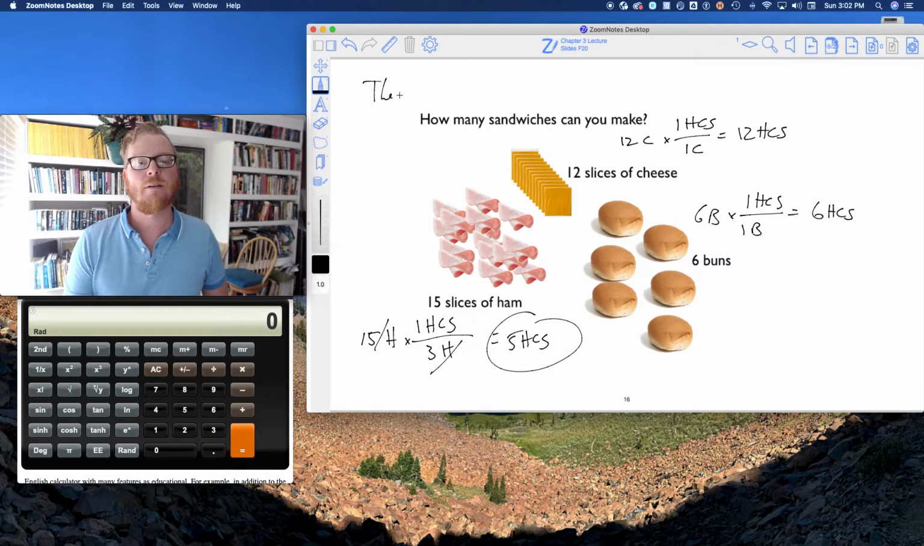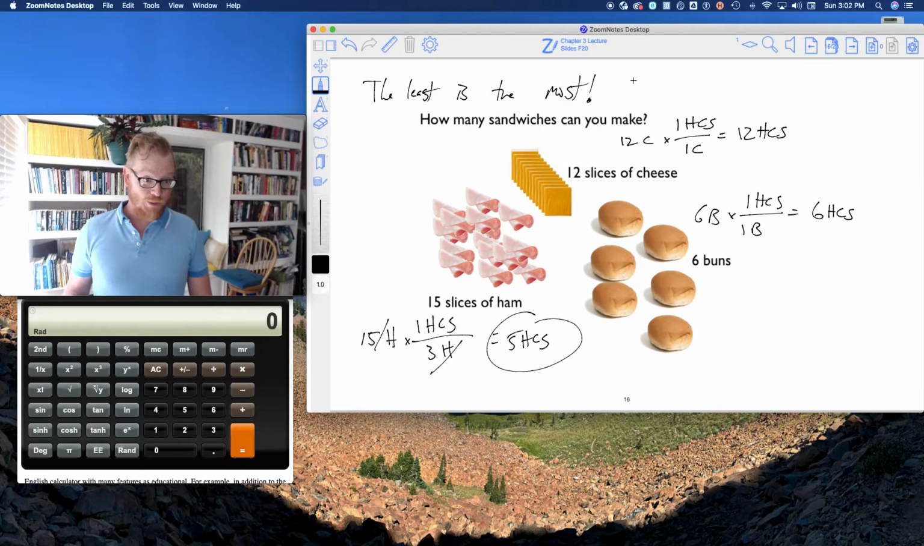Because the least is the most. I know that makes no sense, but I want you to think about that in terms of limiting reagents, right? The least number of reagents results in the most number of reactions that can go, okay? Or in this ham and cheese sandwich example, the least number of ingredients gives me the most ham and cheese sandwiches that I could make, all right? So let's test this out with an actual